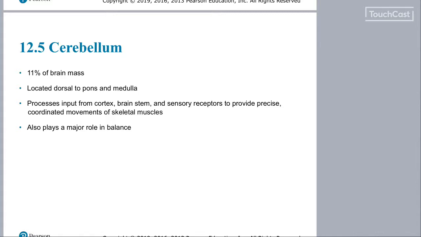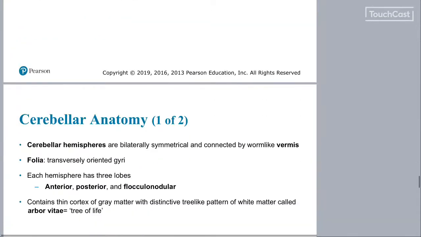So it's going to input information from the cortex, the brainstem, those sensory receptors. So including a lot of different elements to provide coordinated movements of skeletal muscle. So it also happens to play a major role in our balance, which those of you that play sports or play an instrument know that balance still plays a very large part in all of the things that we do